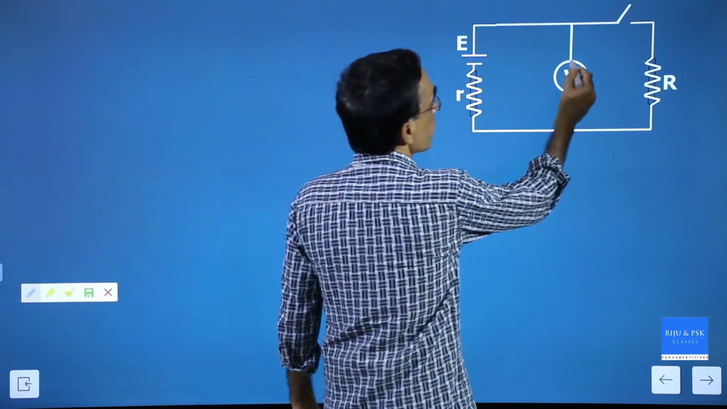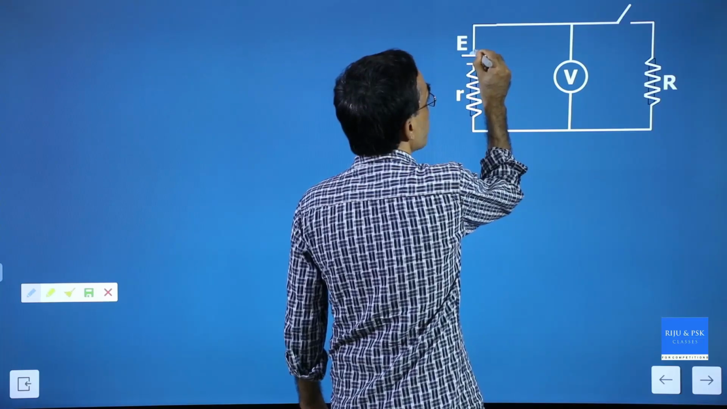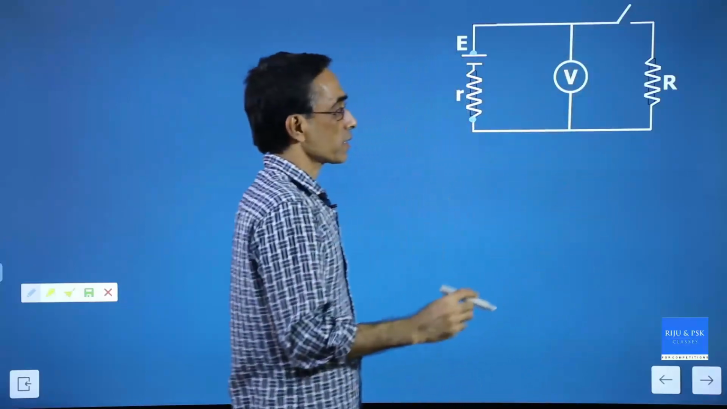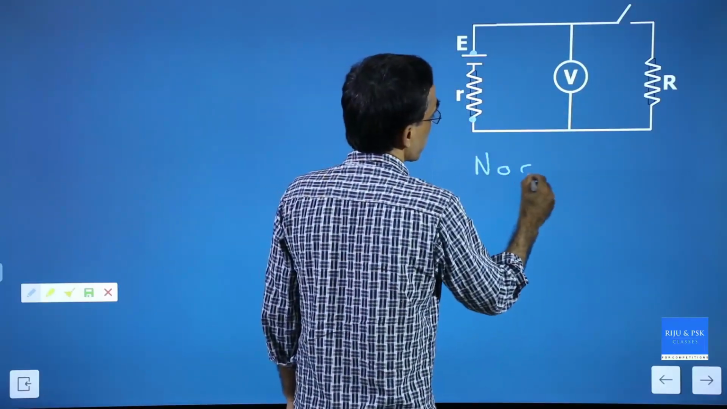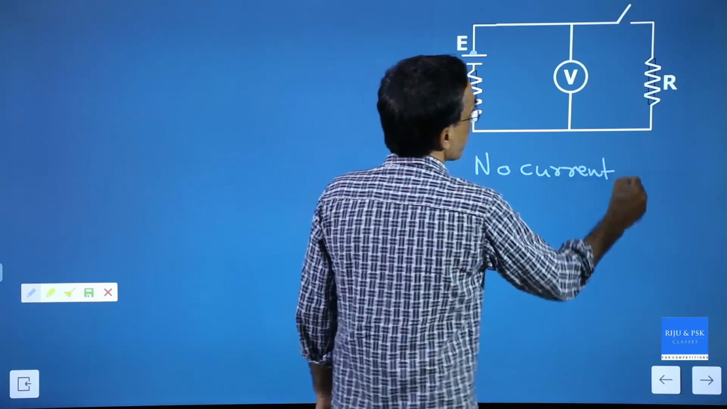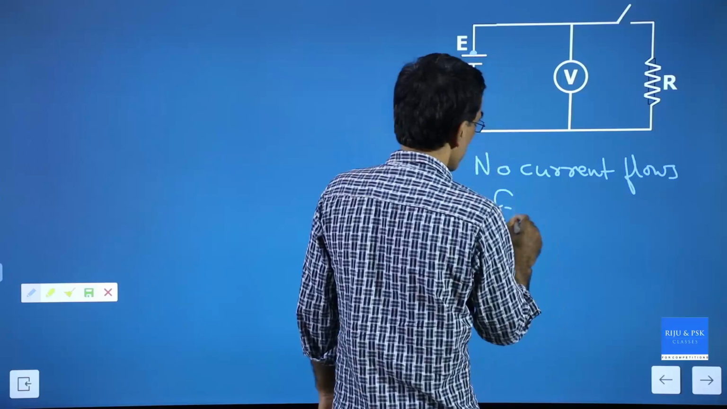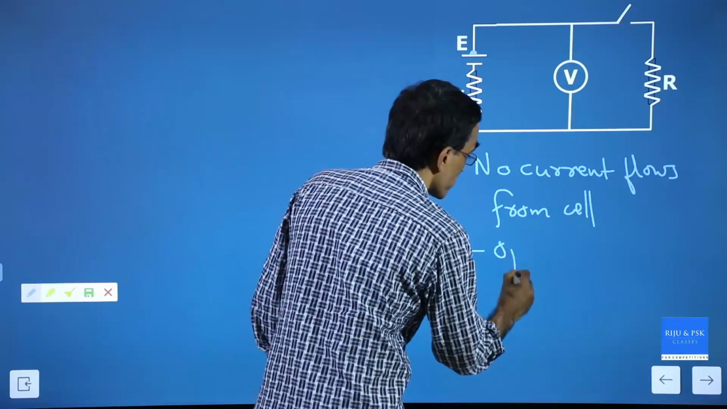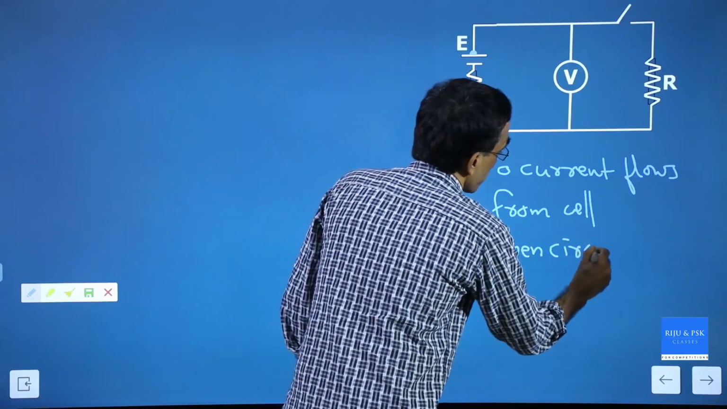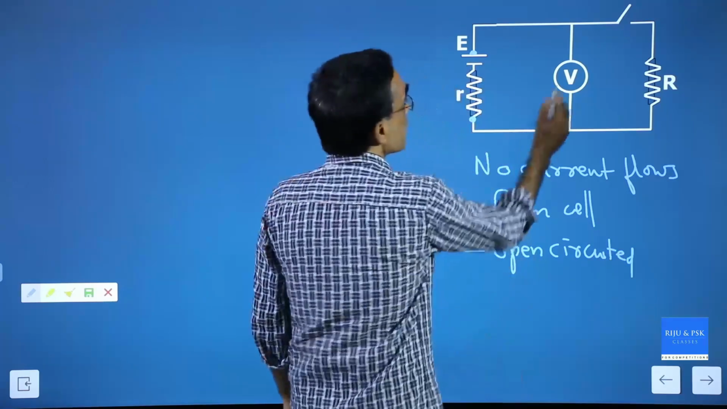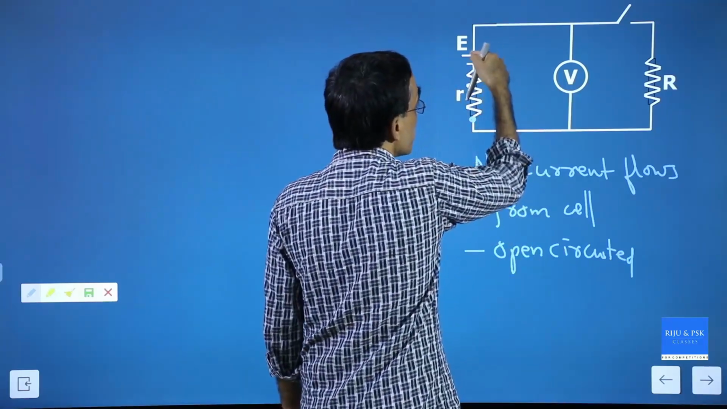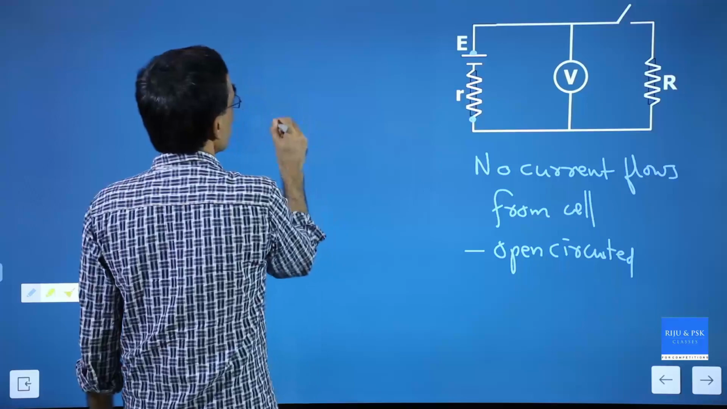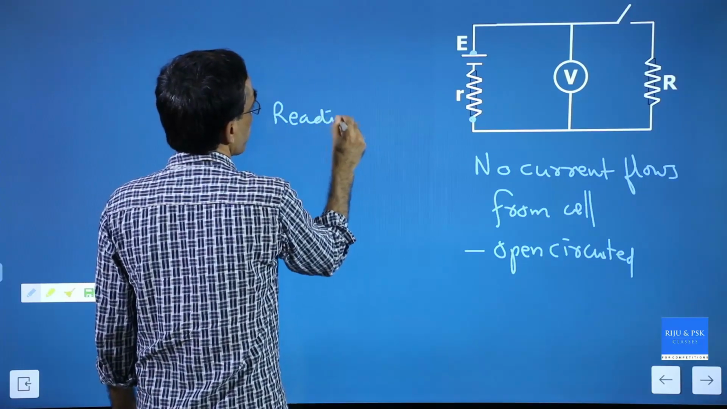So I am telling you, this voltmeter is connected across the terminals of the cell. One point here, one point here. And there is no current flowing. Current through the voltmeter is neglected, so we can say no current flows here. No current flows from the cell. That's an important point. There is no current flowing from the cell. That means the cell is open circuited. Now when the cell is open circuited, the voltmeter will measure the voltage between these two points, and that reading of the voltmeter